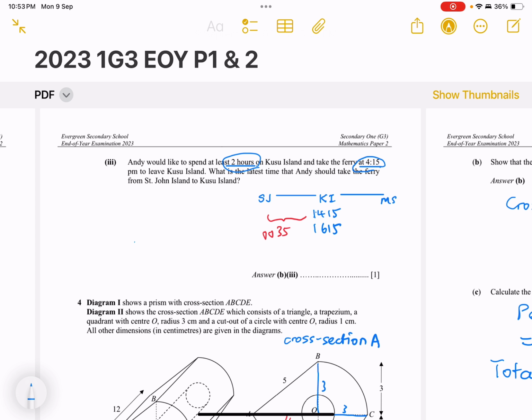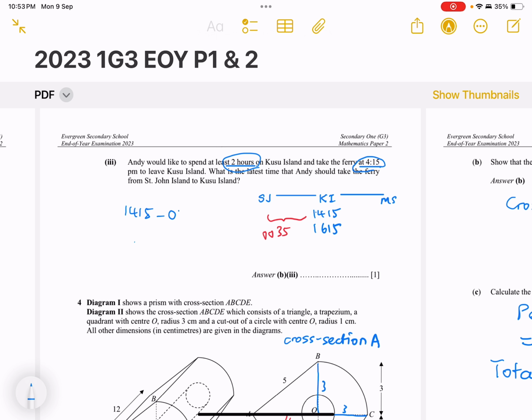So he needs to spend 2 hours on Kusu Island. Therefore, he has to start at 14:15. Okay, that is 2 hours before he can take the 16:15 ferry back to the main island, right? Now, so that means what time does he need to start? So what we do is we take 14:15 minus away 35 minutes. That's the time for the travel. And this gives us